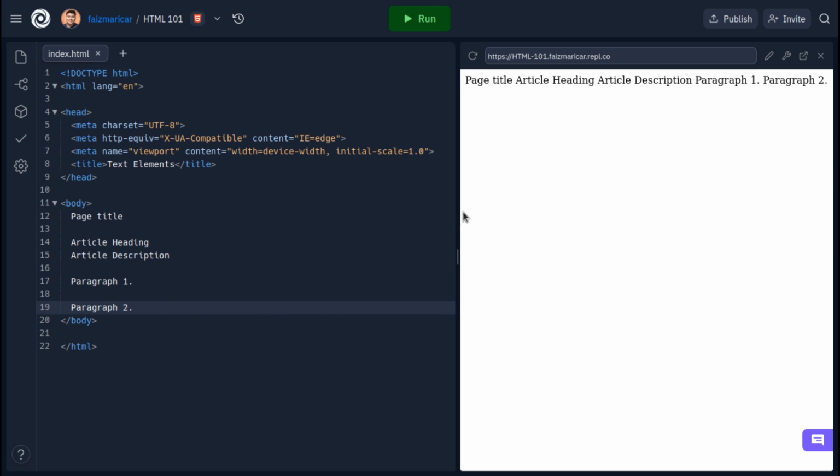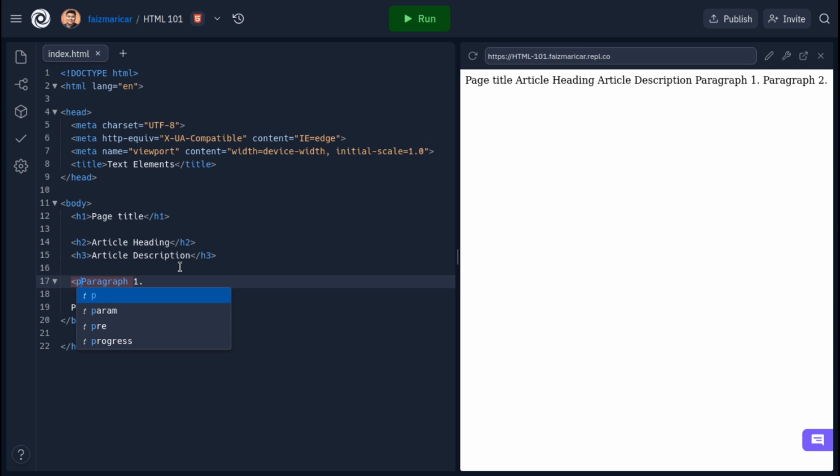So what we need to do now is actually mark up our page. To do that, HTML has some text elements you can use. For the page title, I'm going to use the h1 tag, and for your article header, we're going to put h2, and for the article description, we're going to have h3 here, and for your paragraphs, we're going to use the paragraph tag, just the letter P,